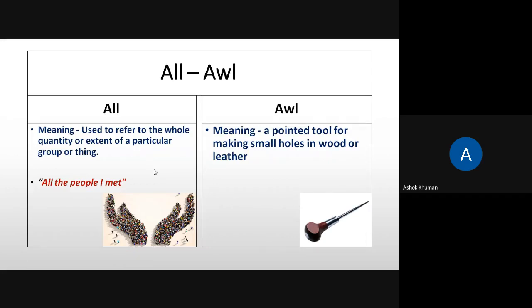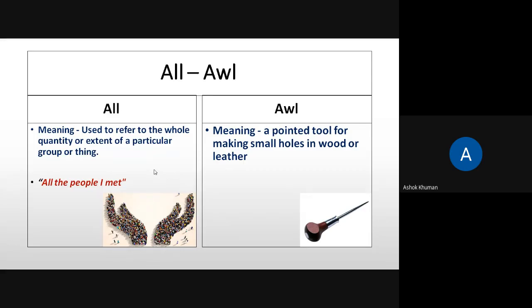So here, on the left side you have all, meaning used to refer to the whole quantity or extent of a particular group or thing. All means all, covering everything, be it people or objects. All the people I met. I have all the material. All students are allowed to enter the class. All students are supposed to submit their assignment. All means all. Nothing is left,